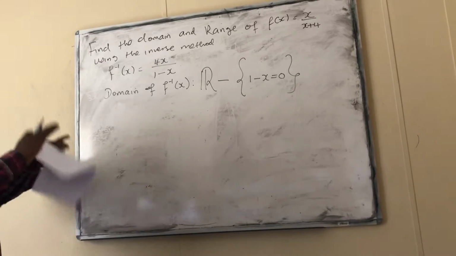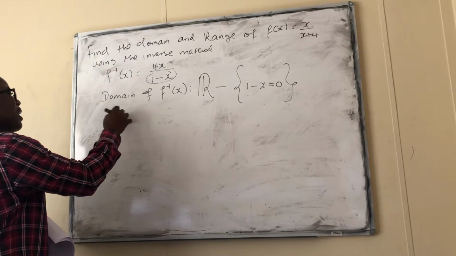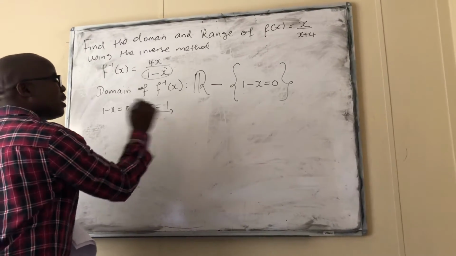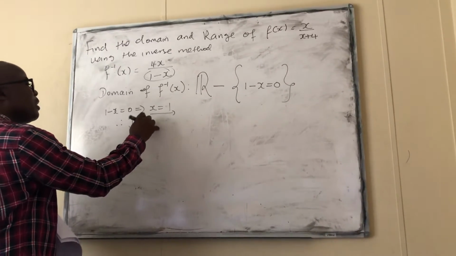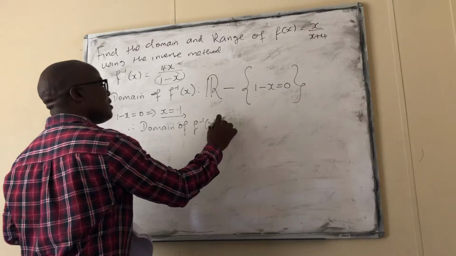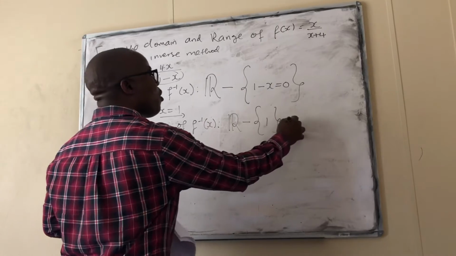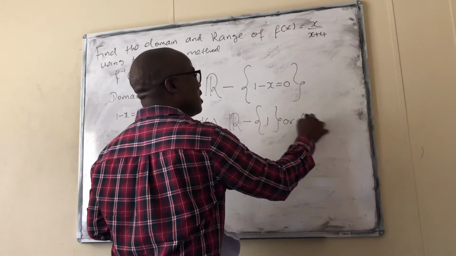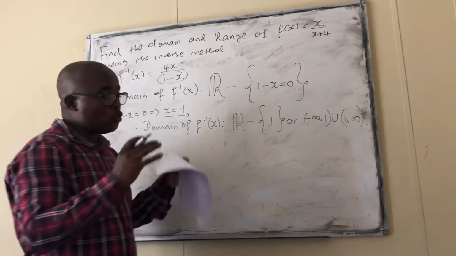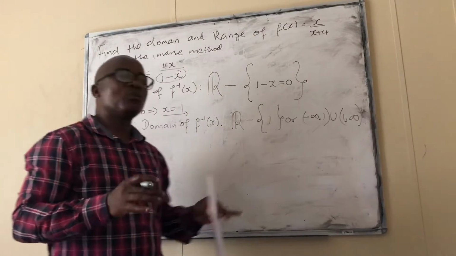So the domain is all real values except the denominator being a 0. So 1 minus x equals 0 implies x equals 1. So this is the value that we should exclude. Therefore, the domain of f inverse of x is all real numbers minus 1, or it's minus infinity up to 1 plus 1 up to infinity. And you use ordinary or normal brackets, no square brackets, because none of these values are included